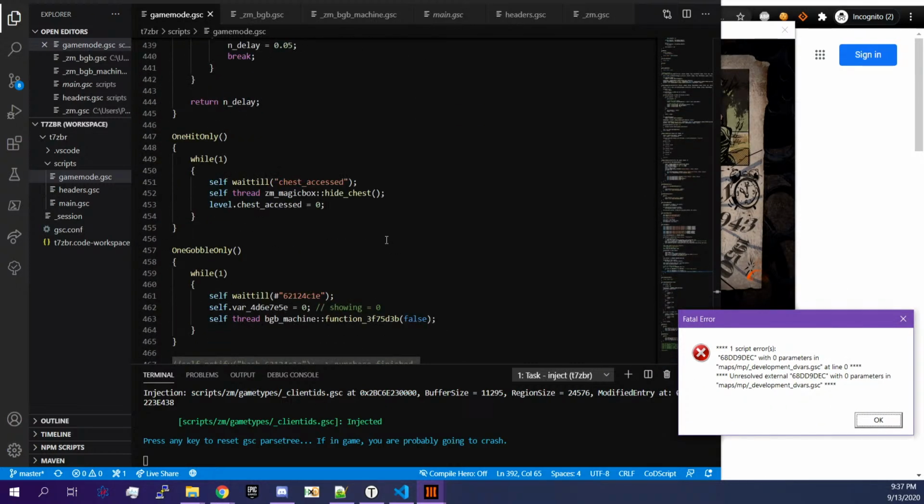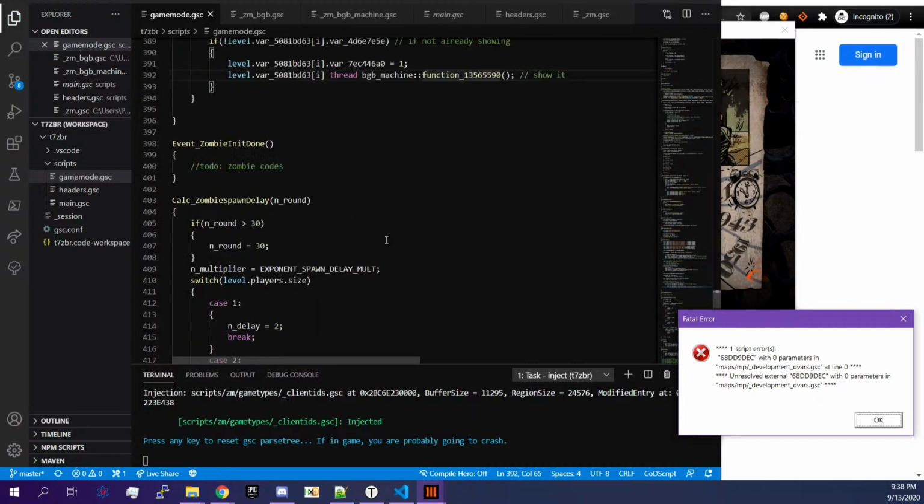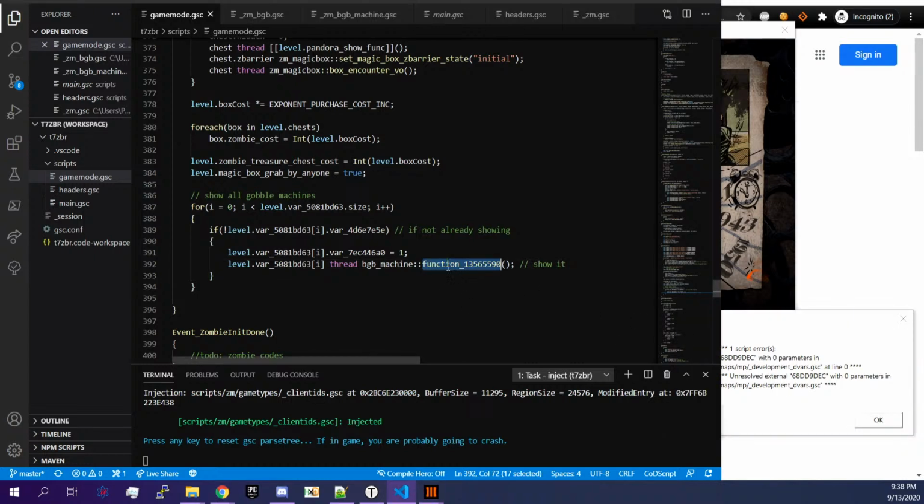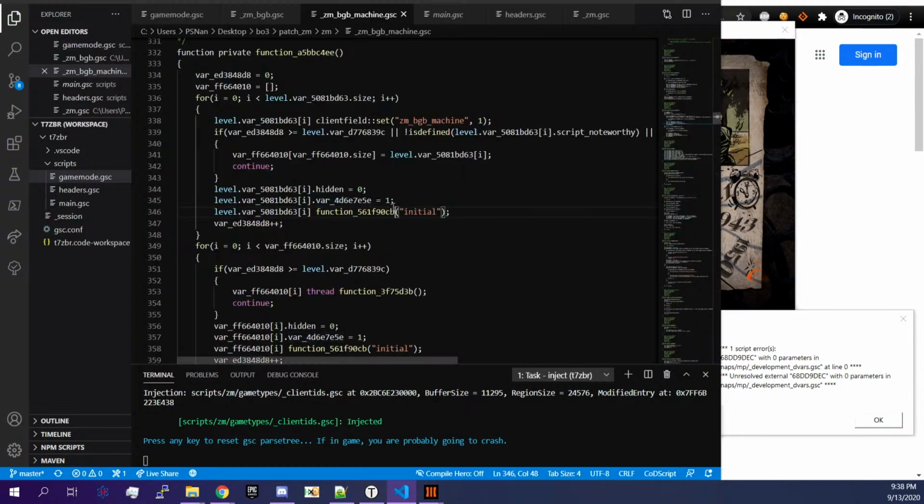So that means one of the hashes didn't go through, or I missed a call somewhere. Zero parameters, so it's this one. So either this, it's mad because...